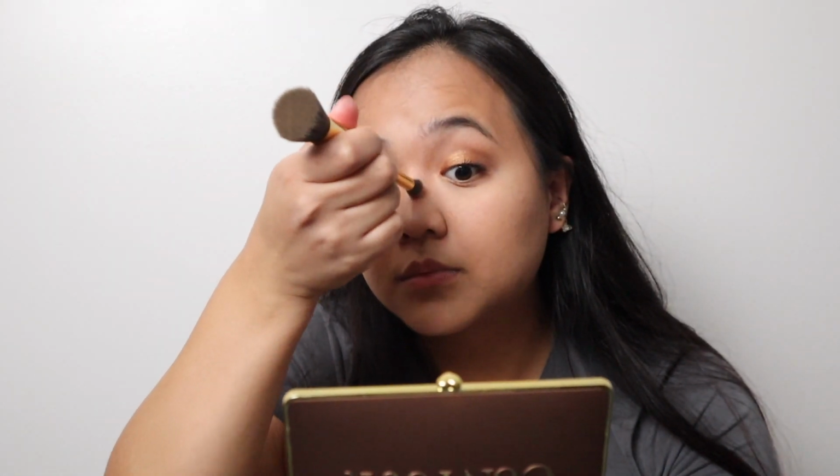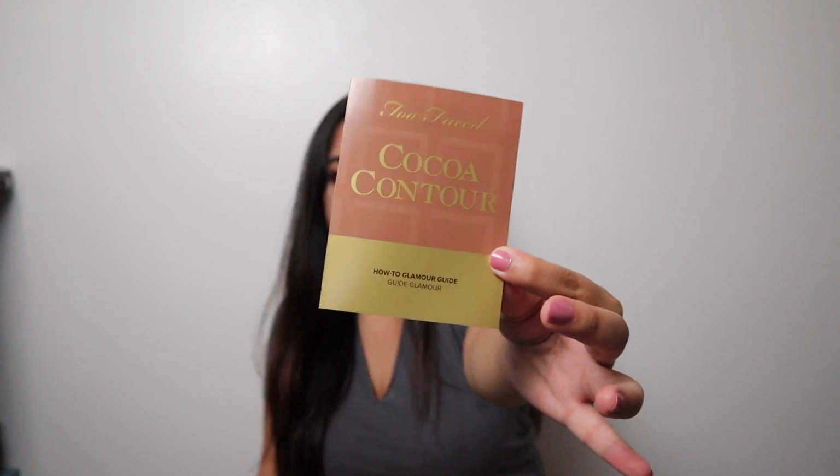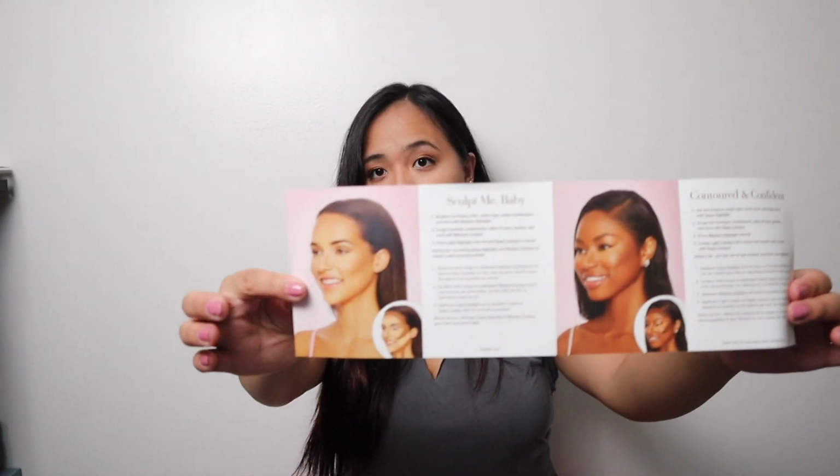Let me tell you, this glides on so smoothly and so effortlessly. I didn't have to put too much product. It's super pigmented and glides on super easily. I love it. Also, the package comes with a how-to contour guide for different skin tones, and this one is $44. Next, I got this Power Matte Lip Pigment in the color Call Me, and that is how